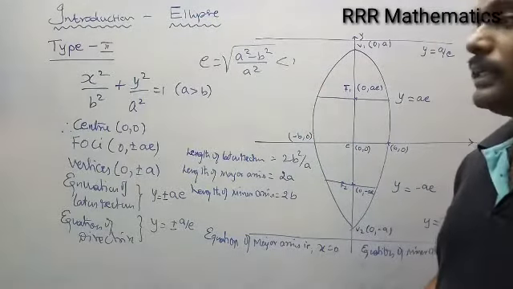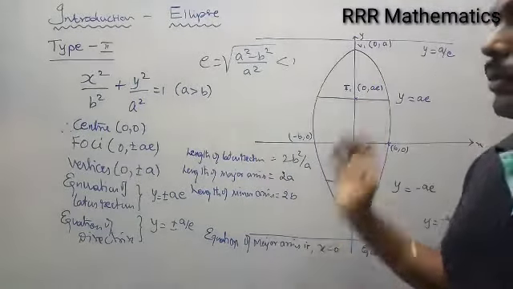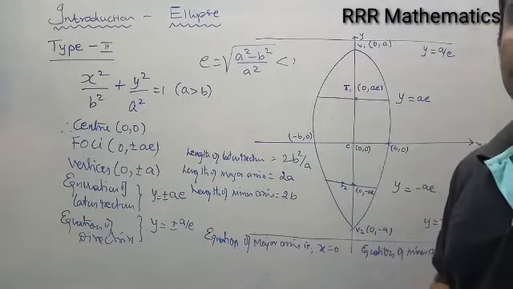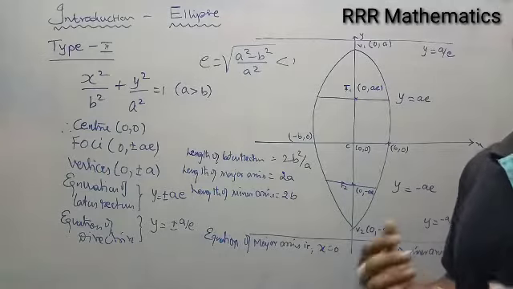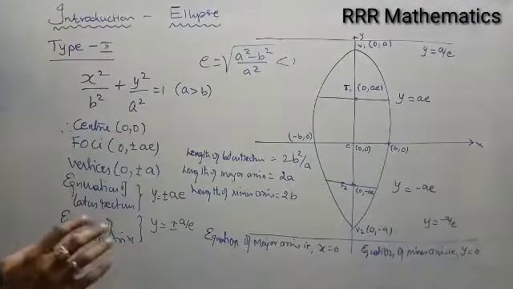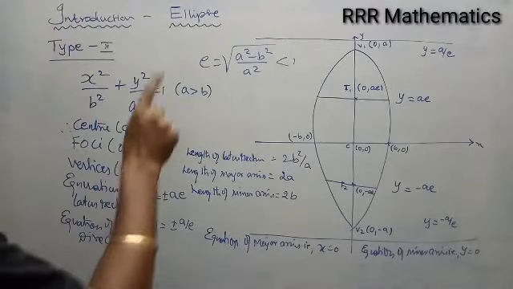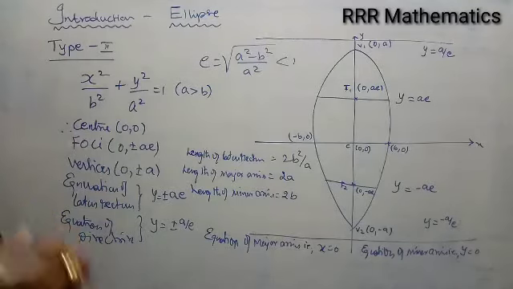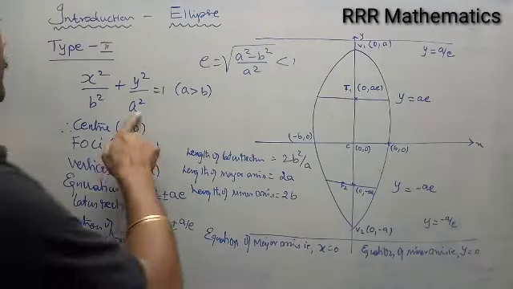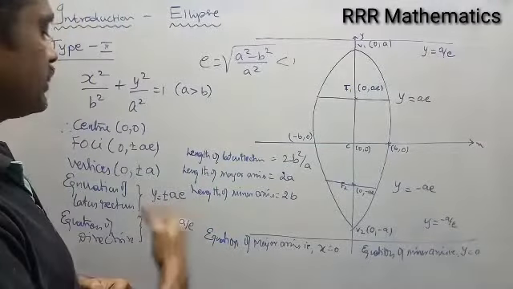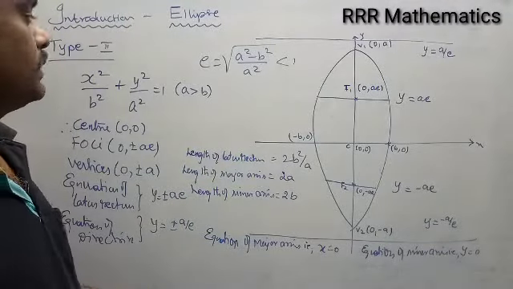Okay, is it clear? But in the examination hall, they won't ask all the 10 points at the same time. They may ask any 4 or 5 points. According to that, you wanted to find out everything. But basically, after bringing it to standard form, in case of ellipse, you should write the value of A, B, E. Only afterwards can you calculate everything. So very first bring into standard form, declare the value of A square, B square, A and B, and E, and according to the information you can find the required points. Is it clear?